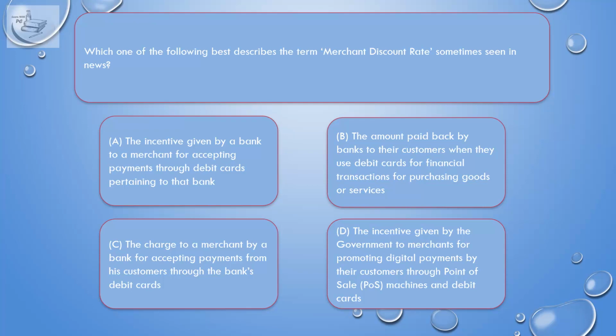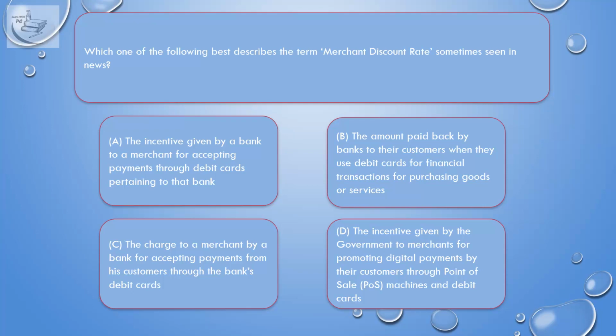B. The amount paid back by banks to their customers when they use debit cards for financial transactions for purchasing goods or services. C. The charge to a merchant by a bank for accepting payments from his customers through the